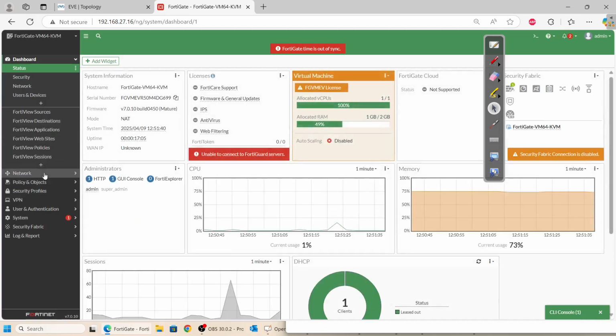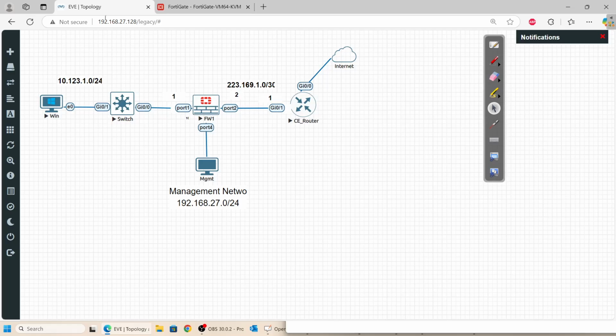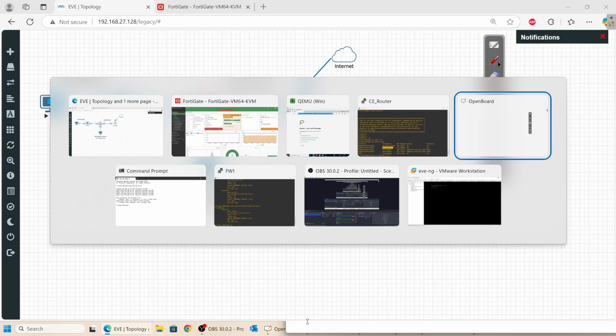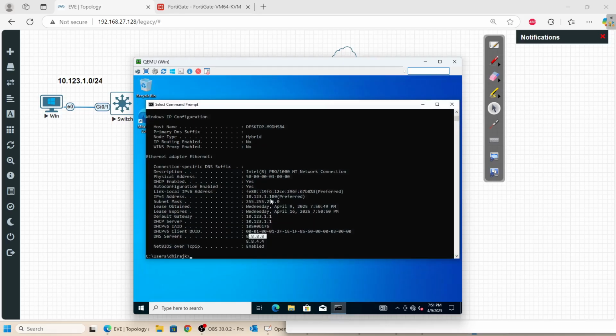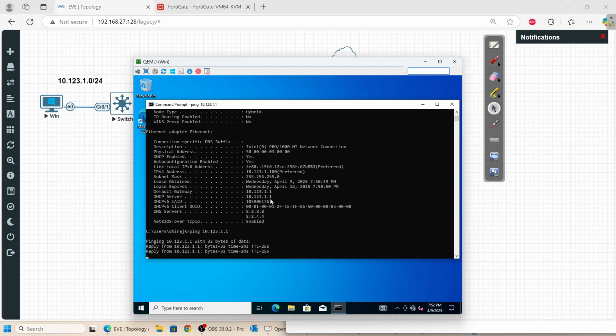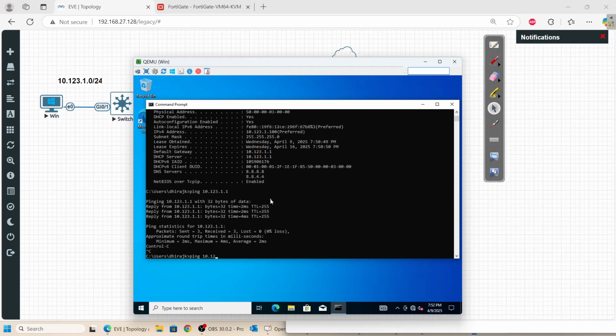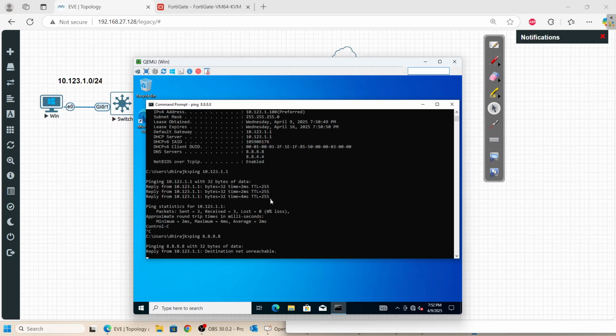So we have successfully configured the DHCP server. Now let's see if we can get to the internet, and let's see how far we can go from our client system. So ping, let's first verify that we can get to the firewall. Yes, we can. And let's verify that we can get to our DNS server,